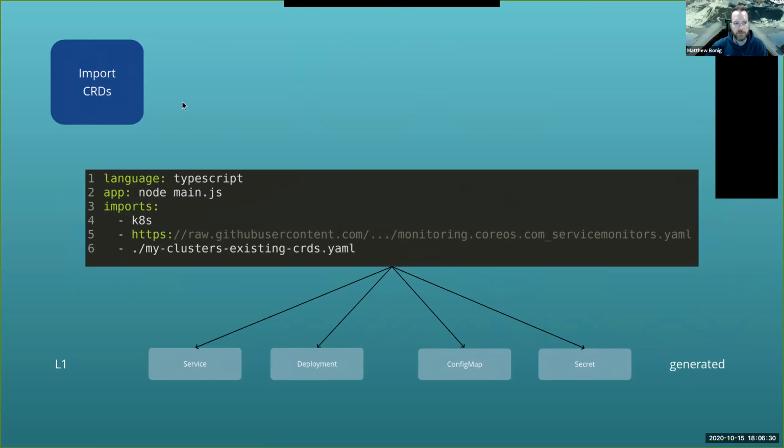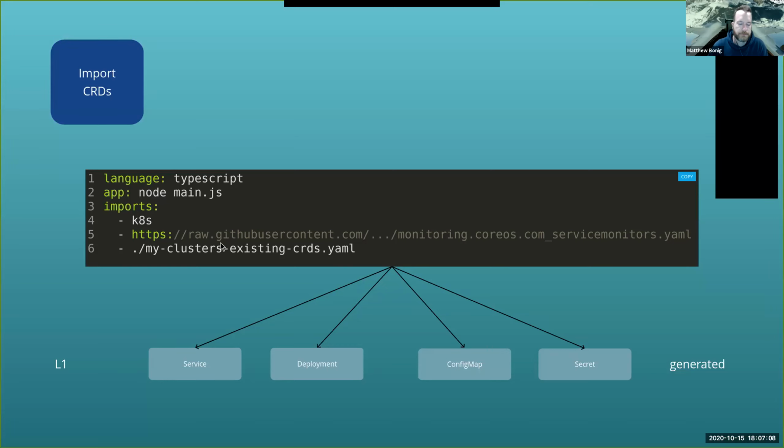So if we break this down a little bit more, the first step is importing our CRDs. And this file that we're looking at right here in this main panel is the cdk8s.json file that will be created for you when you start a new cdk8s project. The first line of these imports, line 4, tells us what version of Kubernetes we want to target. If I put it in just like we have here on line 4, it's just going to go out and get the latest version according to the official Kubernetes deployments. I think 1.19 now, correct me if I'm wrong. But if I wanted to, I could pin this to a specific version by just saying k8s@1.15 or 1.16 or whatever.